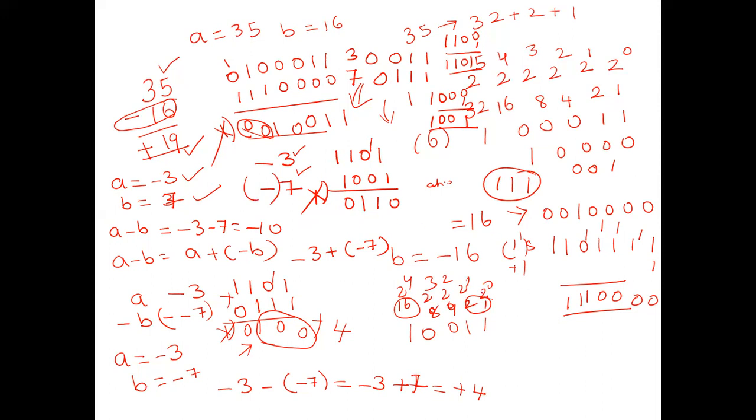So you know how to represent 10. What is 10? The 10 will be represented as 1 0 1 0. So 1's complement, so this is plus 10. What about minus 10? So 0 1 0 1. Like you will add 1. So here you will get 1, so 0 1 1 0. So the 0 1 1 0, you will get this as minus 10, because that is your representation.